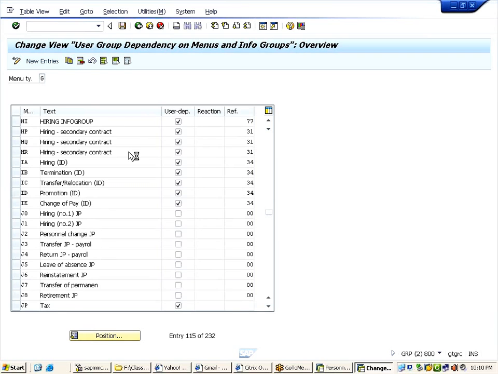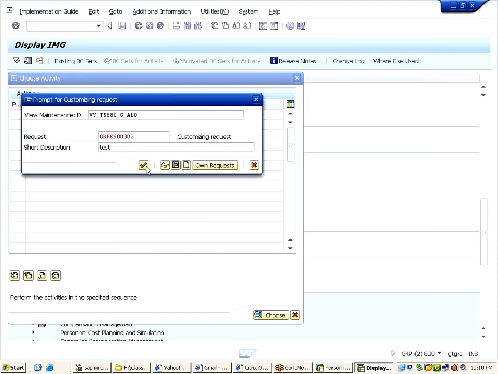Same way, if you want any other info group also, we can create the same way. How? I'll go to new entries and I will enter TI, transfer info group, user dependent.